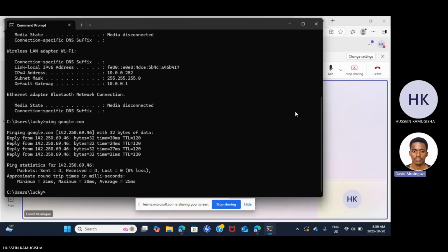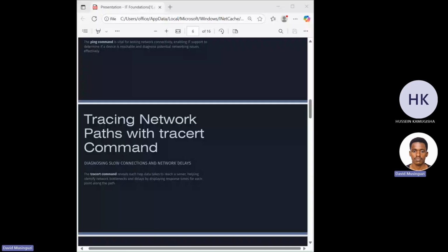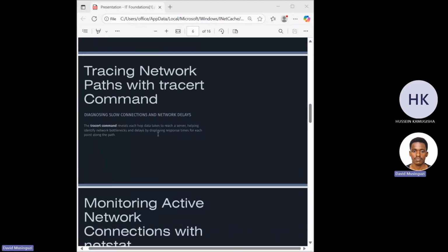Be ready with the trace route command. The tracert command reveals how long each hop takes to reach a server, helping identify network bottlenecks and delays by displaying response times for each point along the path.